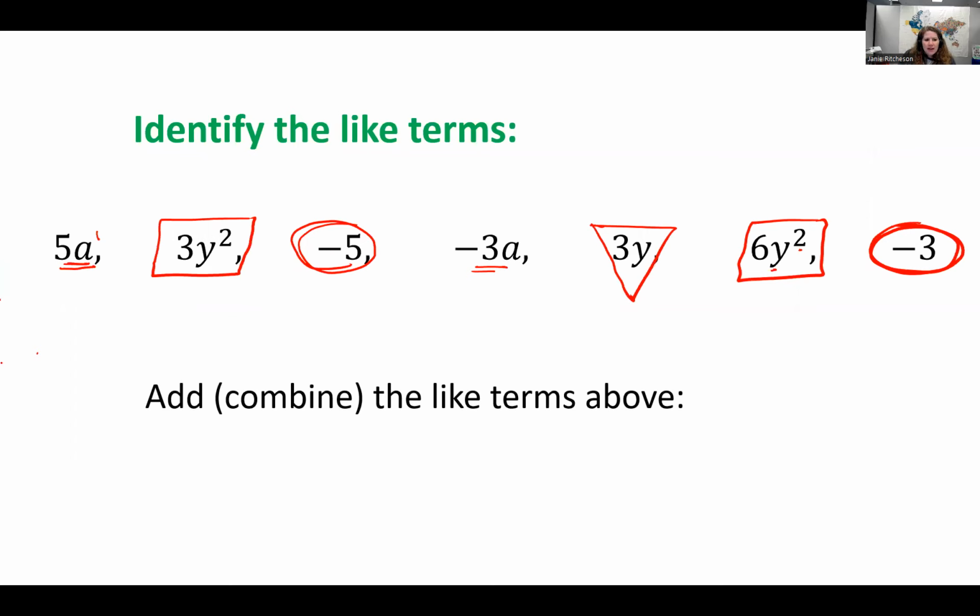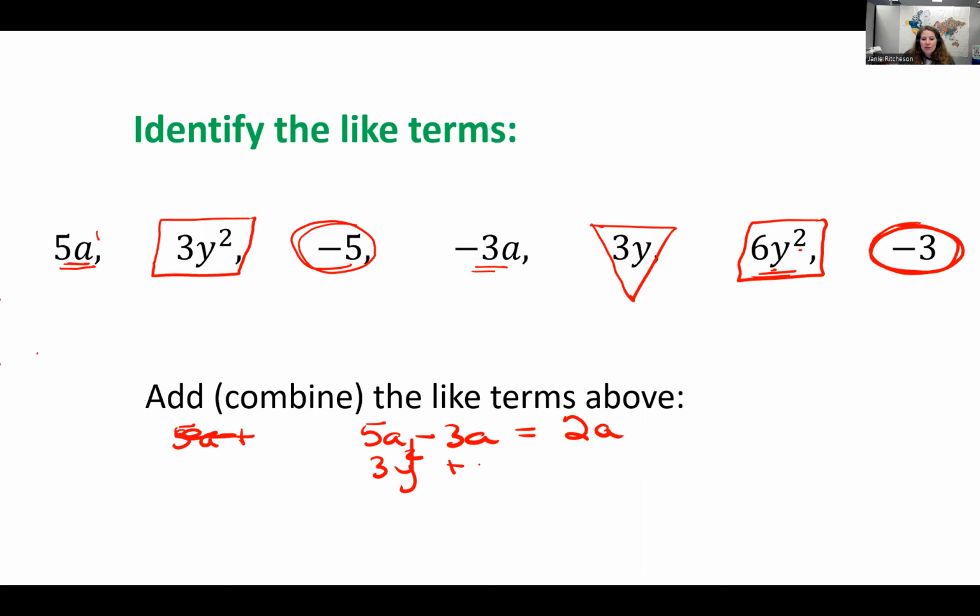So in other words, if I have 5 apples, or actually it says minus 3a. So let's start over. So we have 5a combined with minus 3a. So 5 apples, take away 3 apples. What do we have left? We have 2 apples. All right, the second one is a positive term, 3y